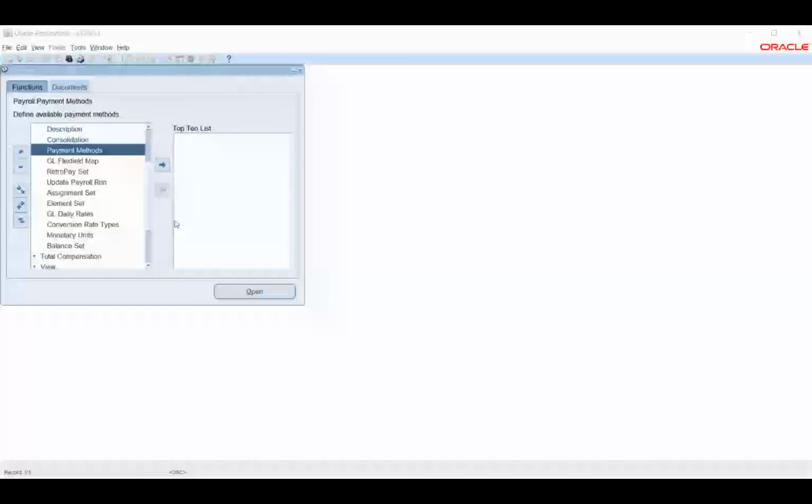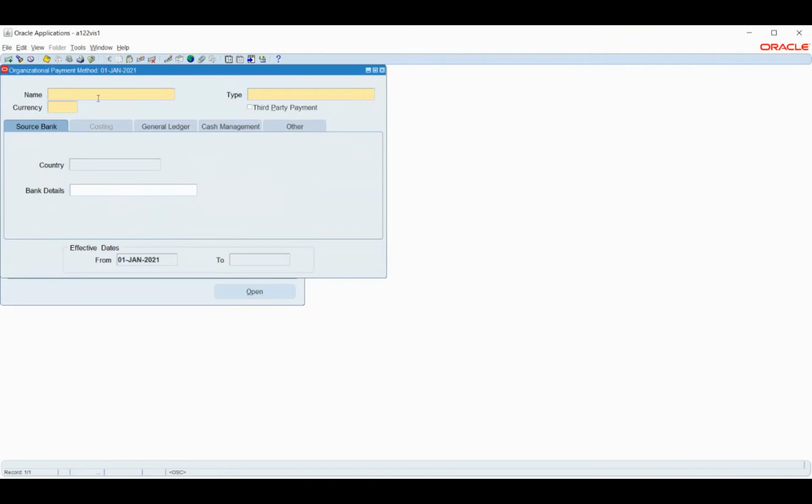Okay, I think there is some access issue with these things. So what we will do is create a cash payment method. So probably with cash, we will see our payroll processing.